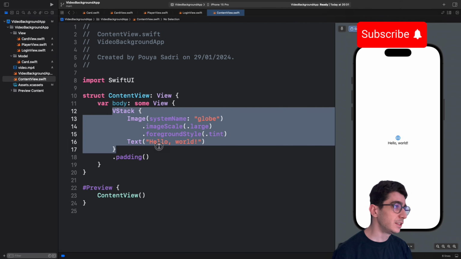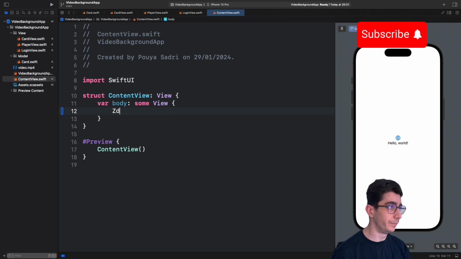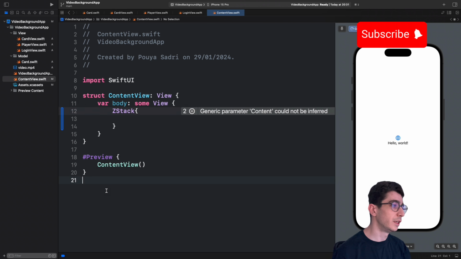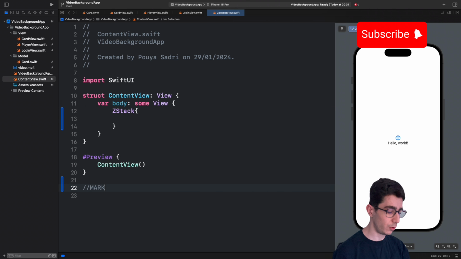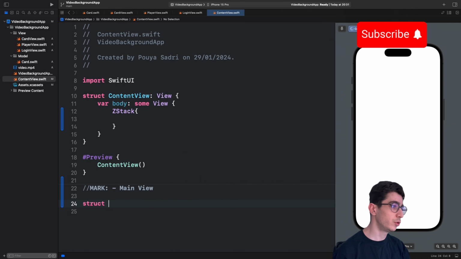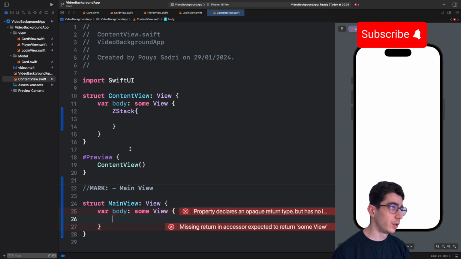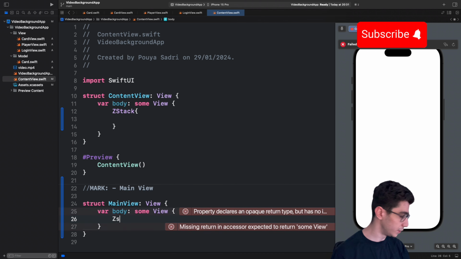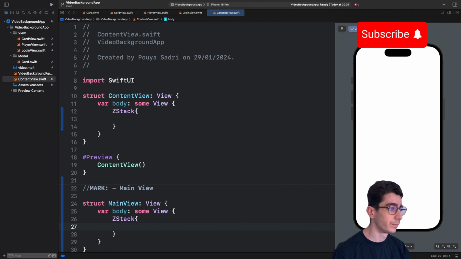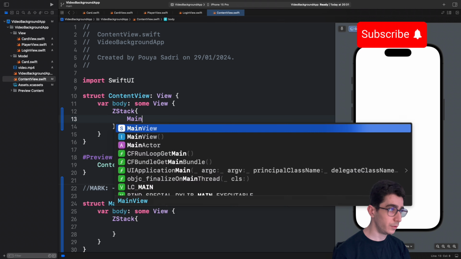So here we have a ZStack, and here we have the same mark, MainView, and this is a struct, MainView here, this is a view type. Let me just add it to this one. So in the main view we have the ZStack here. Add it to this one, MainView,